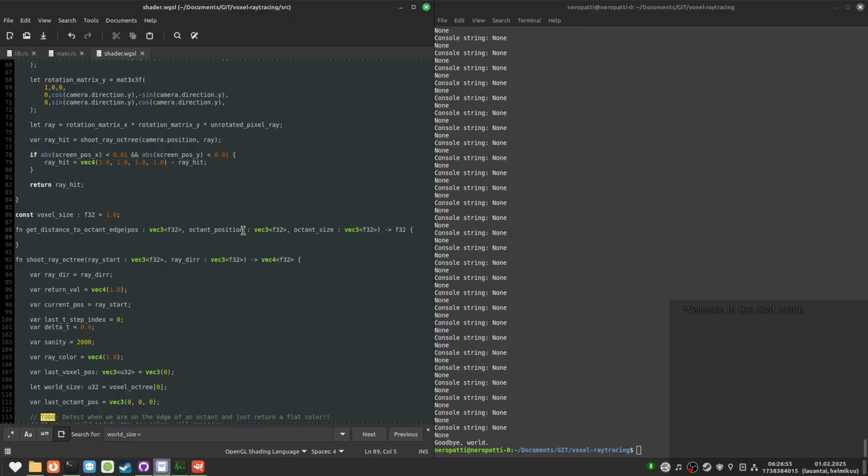Anyway, so we want to get, well, technically the position is always going to be bigger than the octant position, but we'll do this anyway. Okay, can I just do this? Is this allowed?